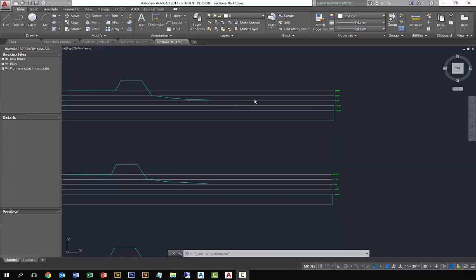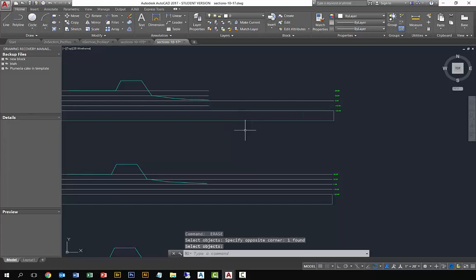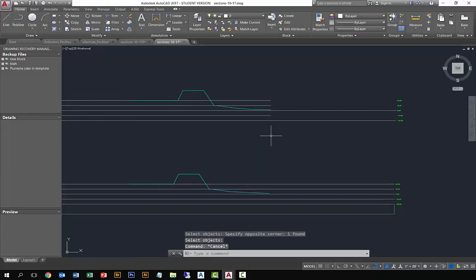Okay, so now we're going to sort of trim everything up and we're going to scale. You can see that after exploding, right, there's all these little extra elements, which is fine. I'm going to use them as part of my tools, erase some things I don't need. And now, you know, I need to sort of make a boxed up section. So I'm going to draw a line